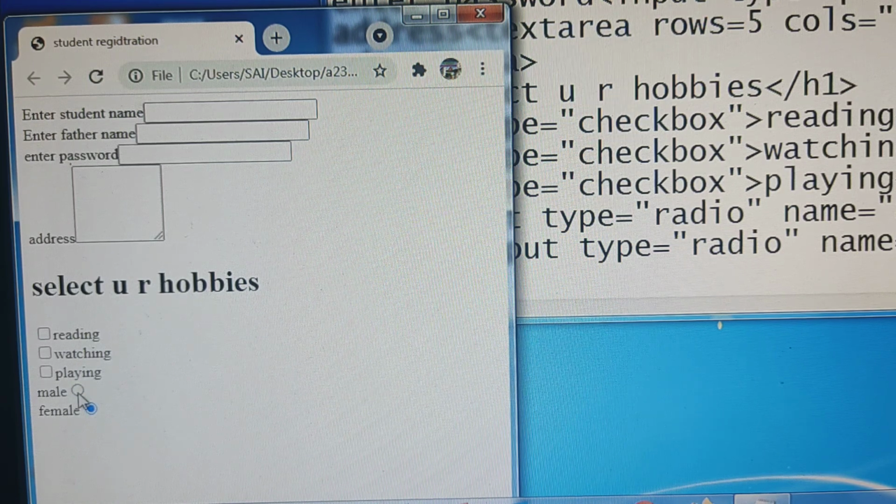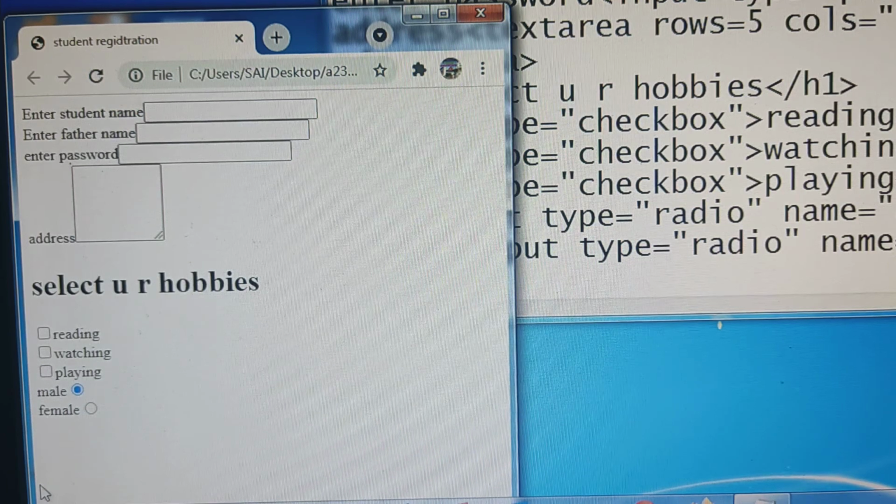See, I am selecting male first. If I select female, then whatever male is selected will be deselected. If I select male, female will be deselected. So here we are forcing the user to select only one option.